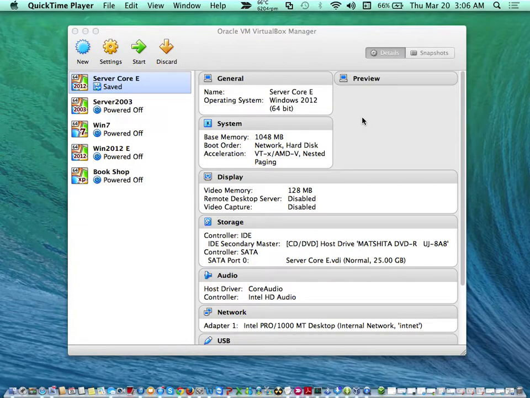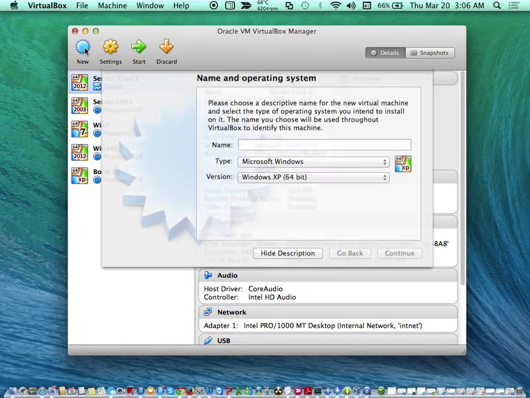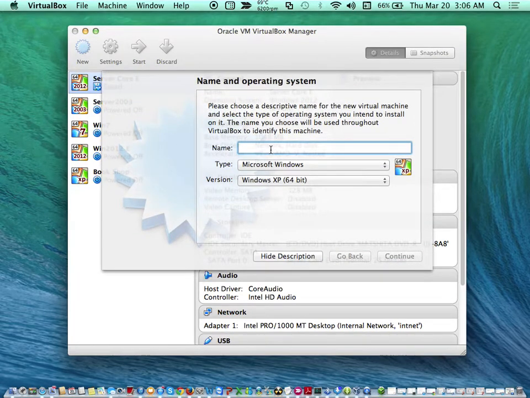What we're going to do now, we're going to install Windows XP like I earlier promised, and next week when we come, we'll install the rest of the other operating systems, and then we'll move from there, okay? So since we're going to install Windows XP, we're going to start with creating a new virtual machine. Are we together? So we'll click New, and we'll type